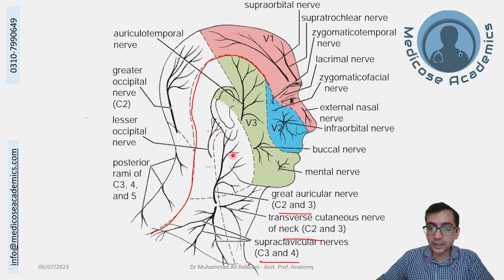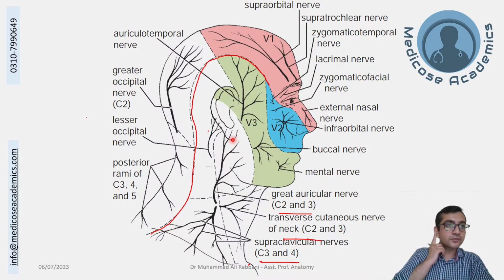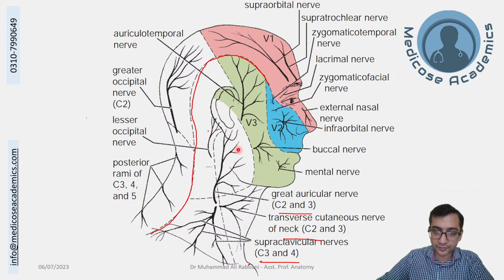The one that is going in front in the lateral aspect of the pinna and external auditory canal, that is the greater auricular nerve, and it also supplies the margin of the chin. The one that transversely crosses the sternocleidomastoid and goes to the anterior aspect of the neck and supplies from chin to the jugular fossa, that is the